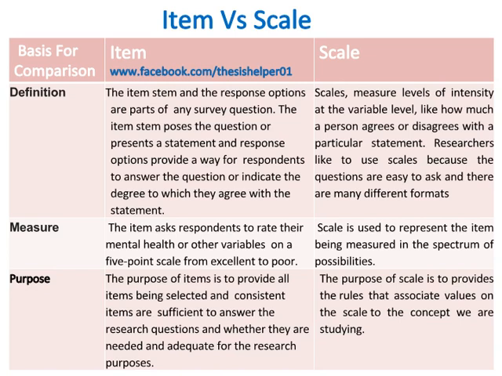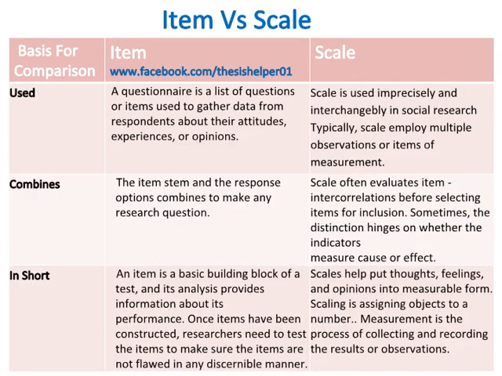The purpose of item is to provide all items being selected, and consistent items are sufficient to answer the research questions and whether they are needed and adequate for the research purposes. Whereas the purpose of scale is to provide the rules that associate values on the scale to the concept we are studying. A questionnaire is a list of questions or items used to gather data from respondents about their attitudes,